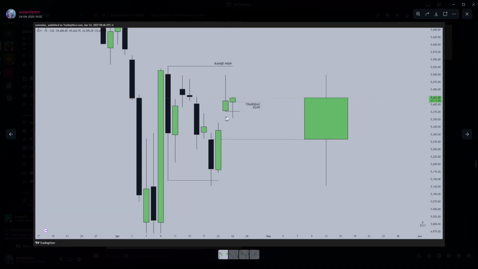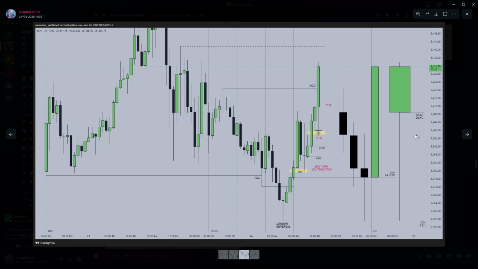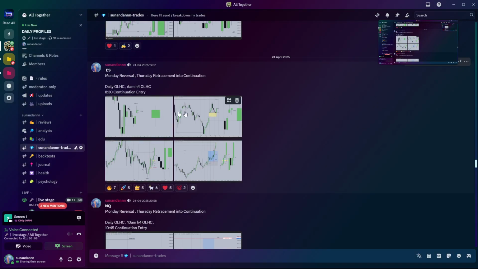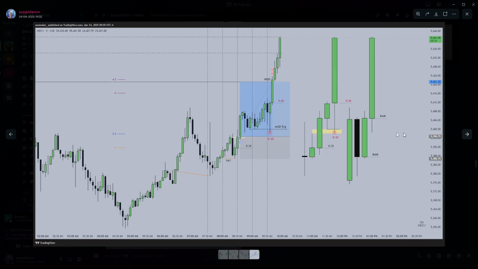Like, see this day, Thursday, off of a relevant swing, so OLHC day, right? OLHC day, London reversal. You can see early New York entries as well, but I wasn't able to find one this closure. Only if you were too sure about the draw. I didn't know if price is going to displace much higher than the high of the day. If you were too sure that price is going to head towards the previous day high, okay, so that's why I took